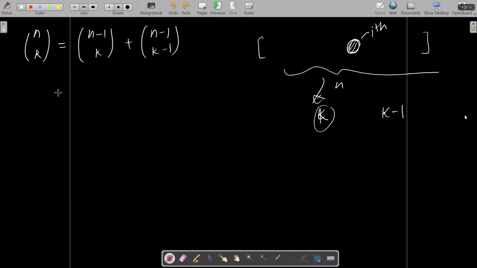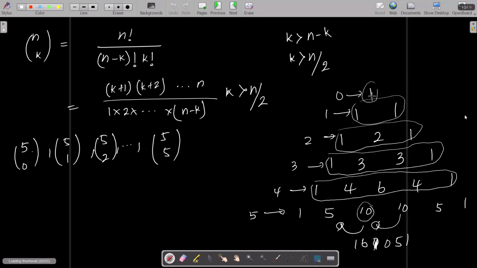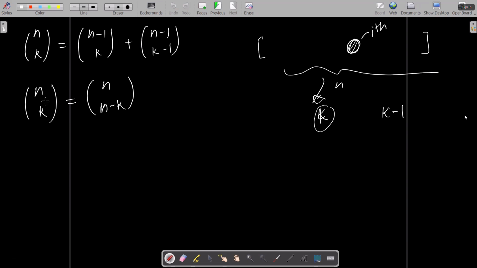And another interesting thing: these binomial coefficients are symmetric. You can see it here. If we divide this into two parts, these two parts are symmetric. Why is that? It is because, say you have an array with n elements and you are taking k elements out, it means that you are leaving